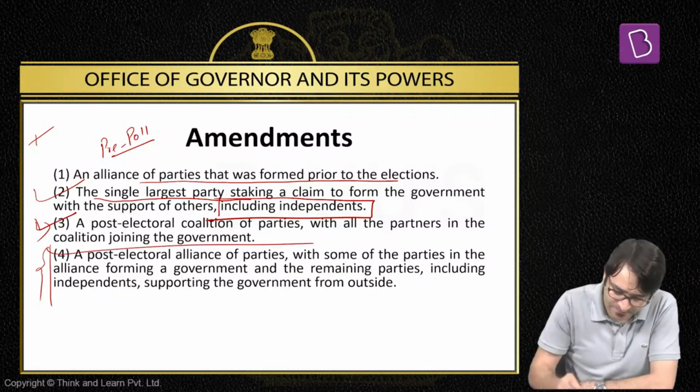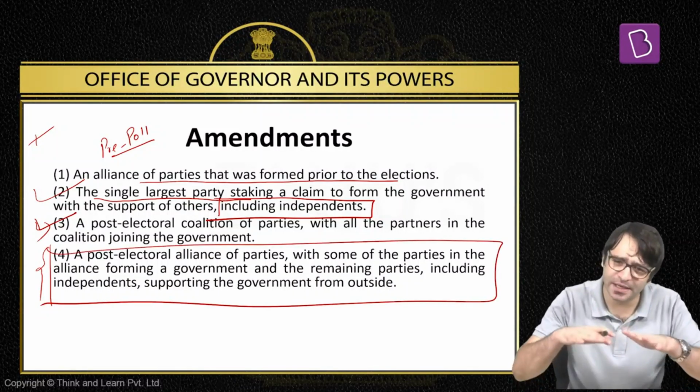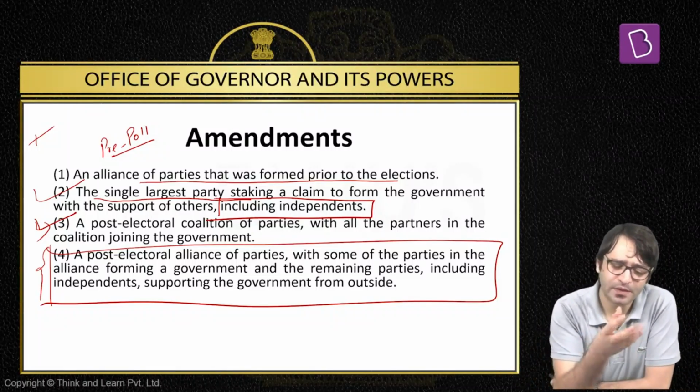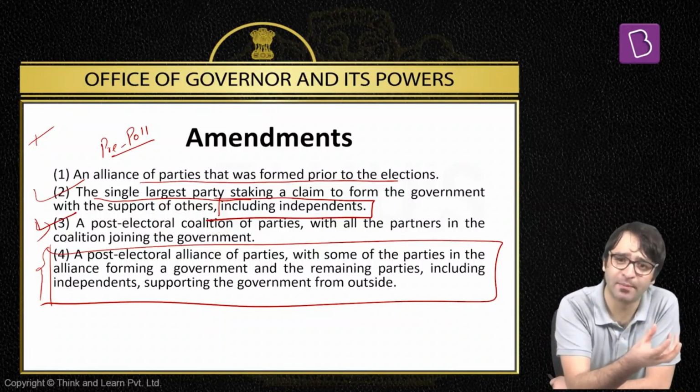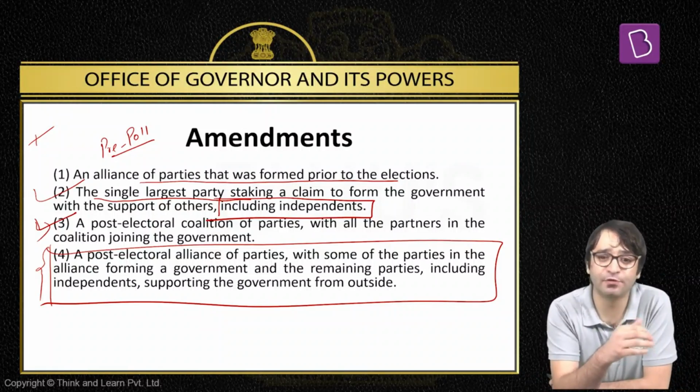But one last point, maybe this is something that some of you may not be in a position to understand. I will explain it simply again. Post-poll alliance, let's say for example Shiv Sena and NCP, they decided to form the government. Hypothetical situation. Shiv Sena, NCP, they decided to form the government. Congress is saying we will not join the government, that means we won't be ministers, but we will support this